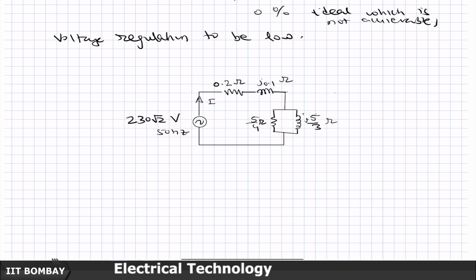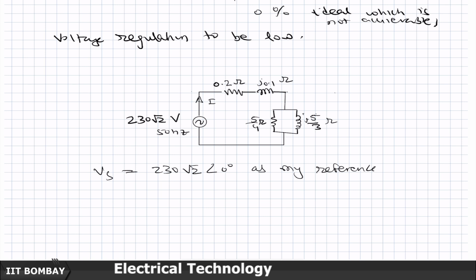Now, at this point of time there is no reference given to you. If you observe carefully in this problem, at this point of time I have not given you any reference. So, you are free to choose anything as a reference. I am going to choose the supply voltage V s, 230 volts root 2 at an angle 0, as